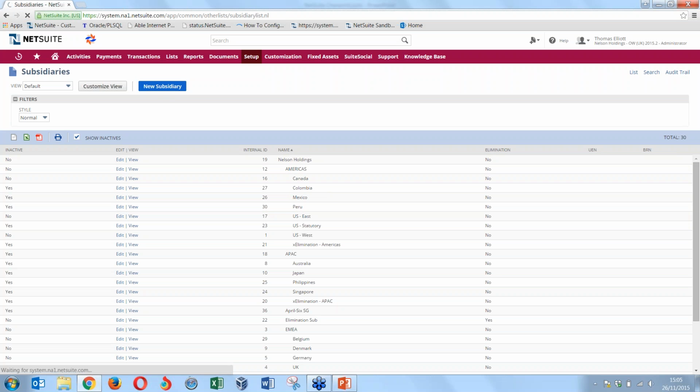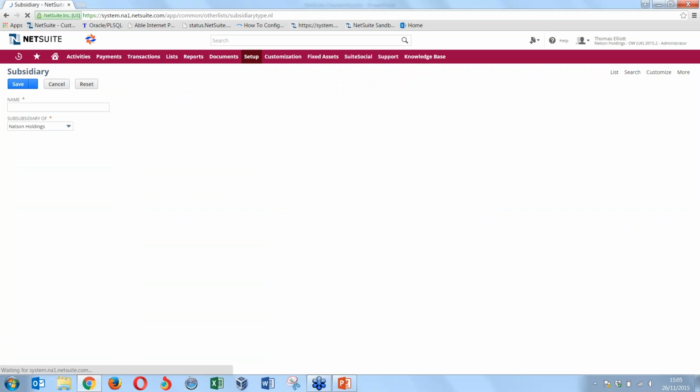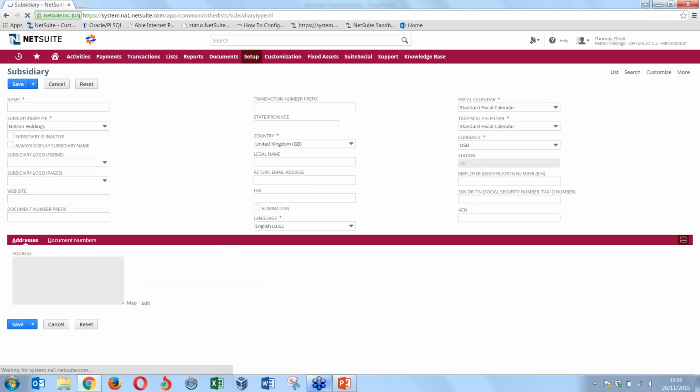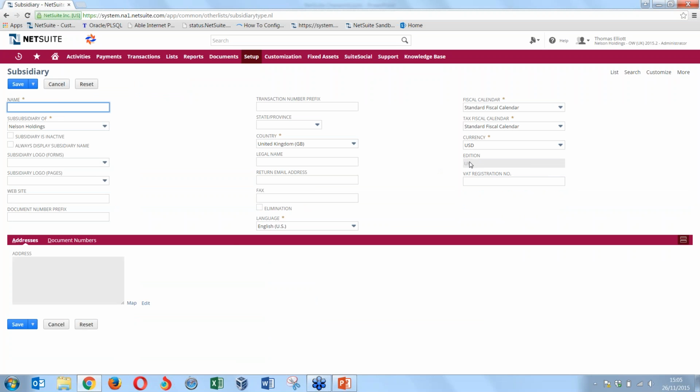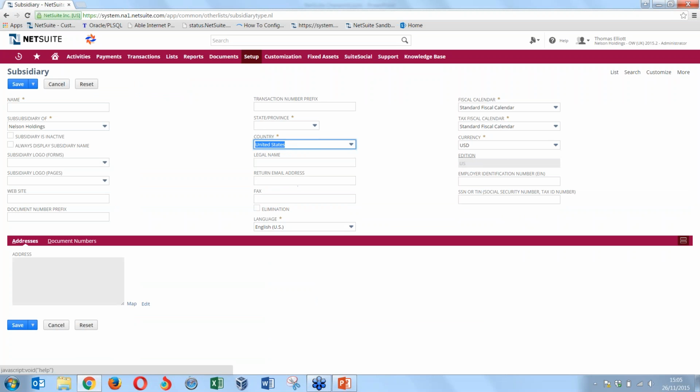So let's go and add a new subsidiary and see some of the options available to us. As you can see here, the edition is always grayed out because that's something we can't change. That's driven off the country. So if I was to change a few different countries, for example, the United States,